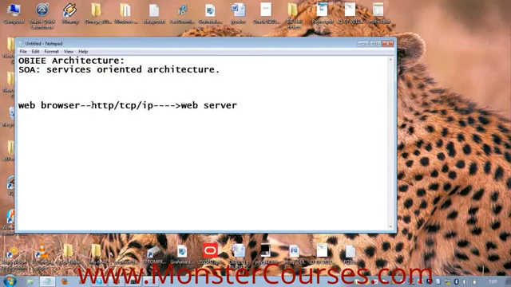Now this web server here is also called a presentation server, because this is a server which will help in displaying the data over the web browser. The web server will provide the web browser with sufficient data that it has to display.